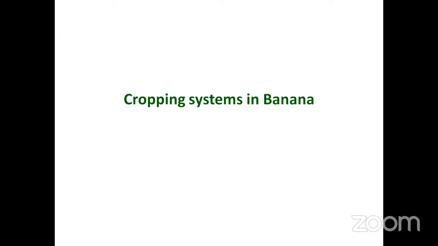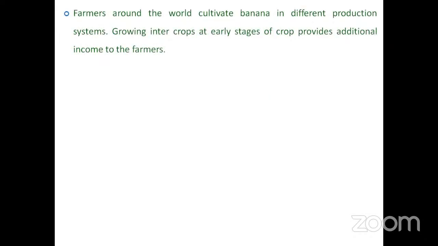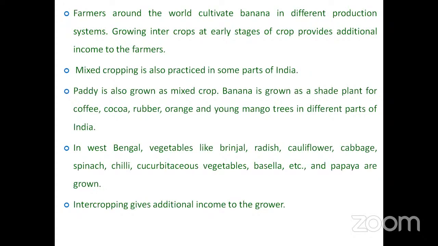So under such situations, cropping systems like taking intercrops or growing banana in a mixed cropping system is very essential to reduce the cost of production. So here we can see some of the cropping systems in banana. Growing intercrops at early stages of the crop provides additional income to the farmers, and in many areas